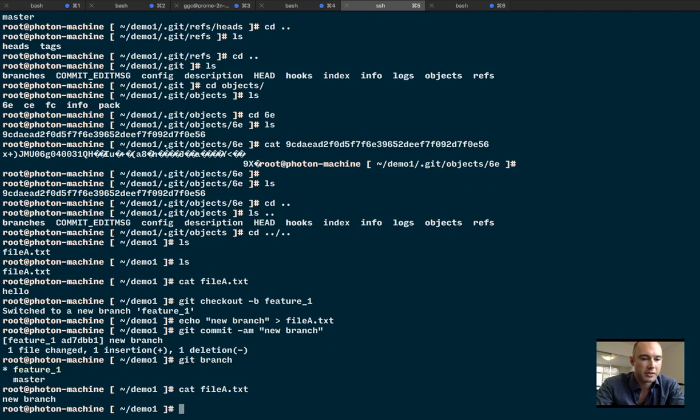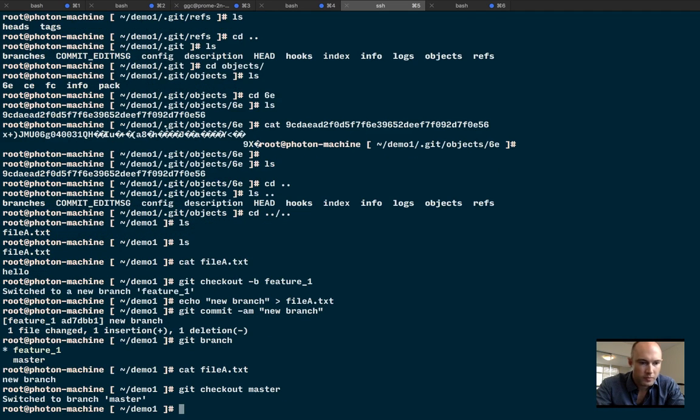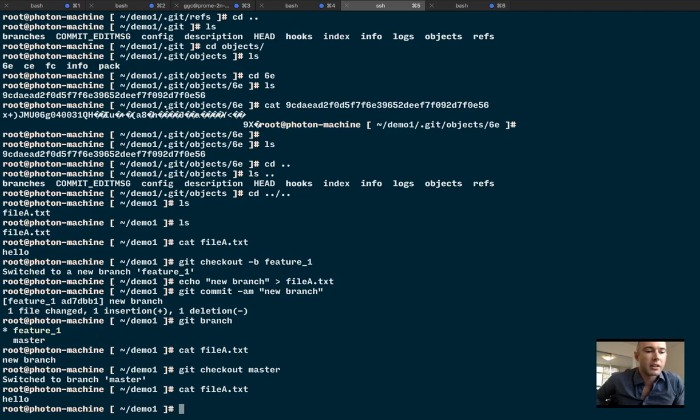So if I want to go back, so git checkout master. And I cat this, you can see that the file is still hello. So right now I've got two timelines. So one timeline, the contents of file A says hello, and in the second timeline the content says new branch. So if I go back to feature,